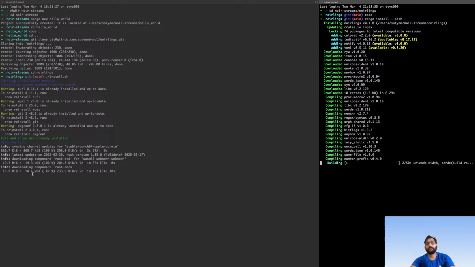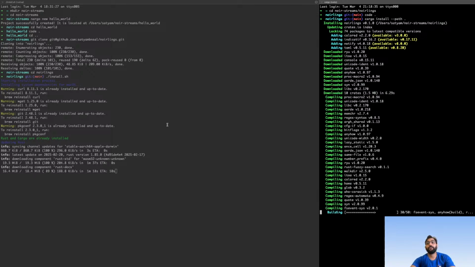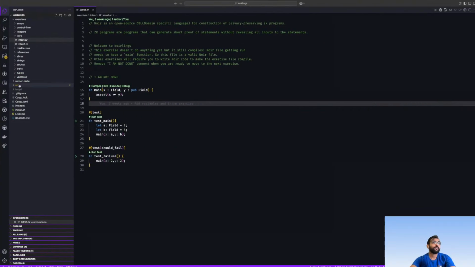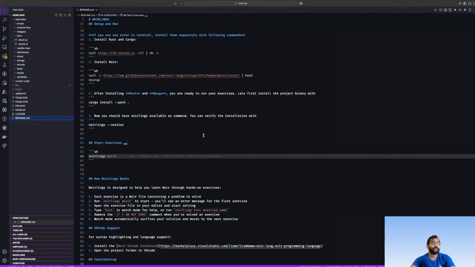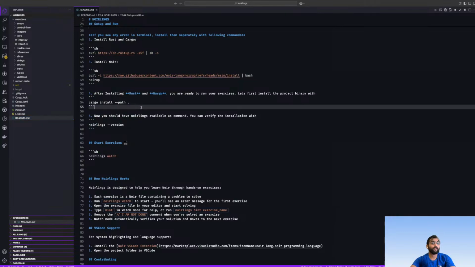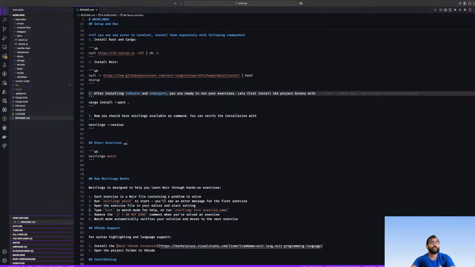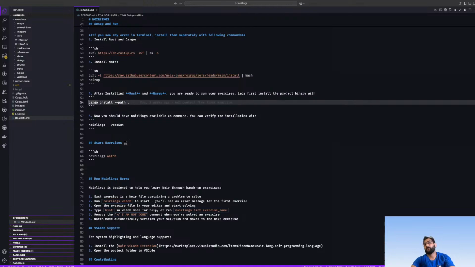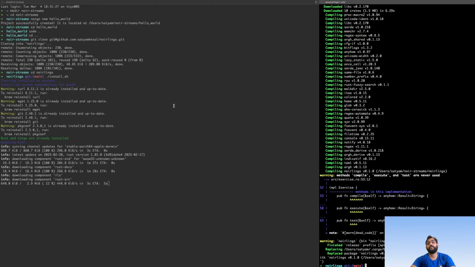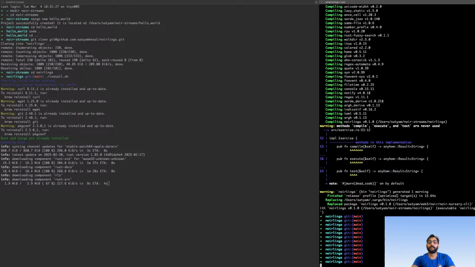So after this step is done, you have to run this command: cargo install hyphen path dot. Let me enter.